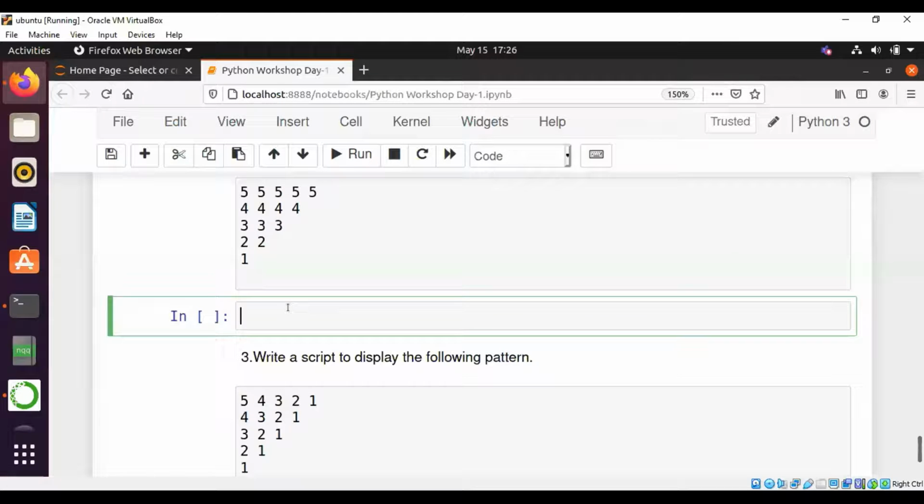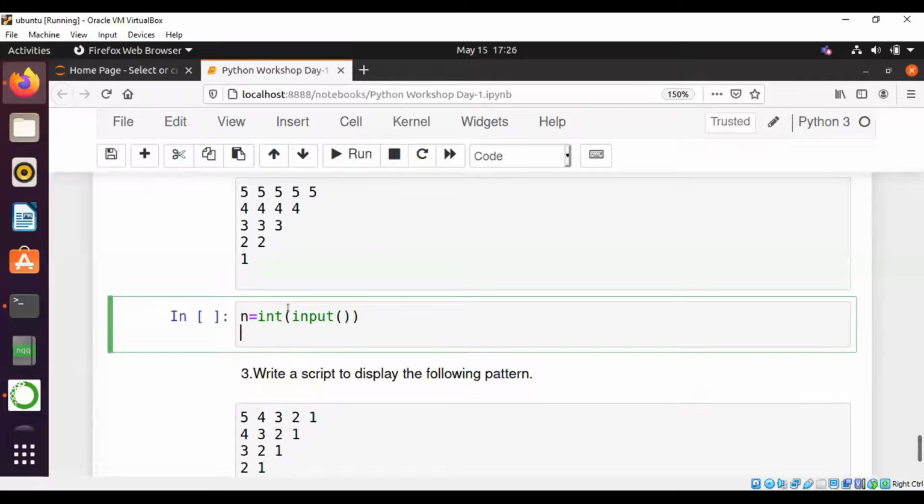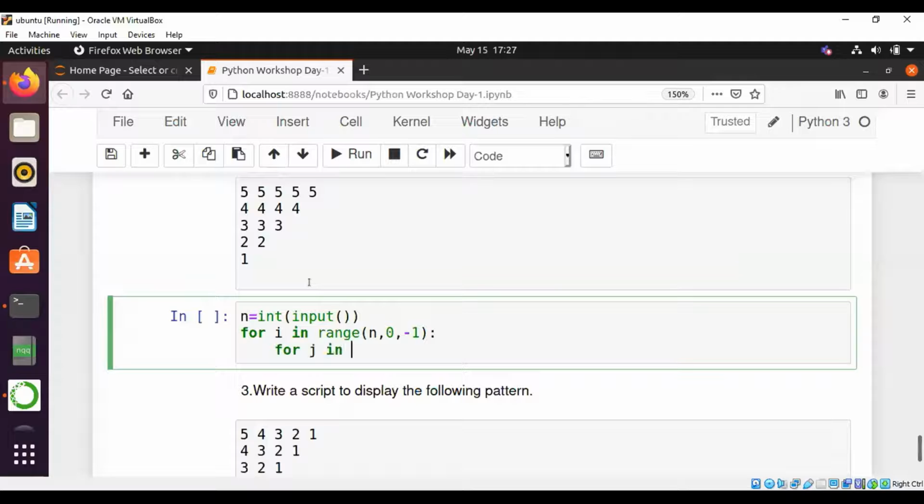Let's take n as an input. Same, for i in range of... here we are starting from backwards. That means for whichever value n is equal to, we will start from that value, and until 0 we will go on decreasing the value. Same in the second for loop, for j in range of... let's go with i. That means we are starting with printing 5 here. So we should go with i, because i is starting with 5, until how many rotations? Until 0, as -1.